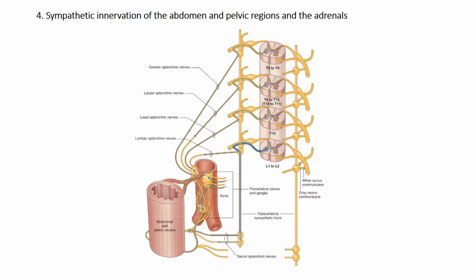So the postganglionic sympathetic fibers are then distributed in extension of this plexus, and in this case they reach the organs of the abdomen and pelvis, usually parallel with the wall of the vessels. And the last thing is that there is an exception: some of the preganglionic fibers in